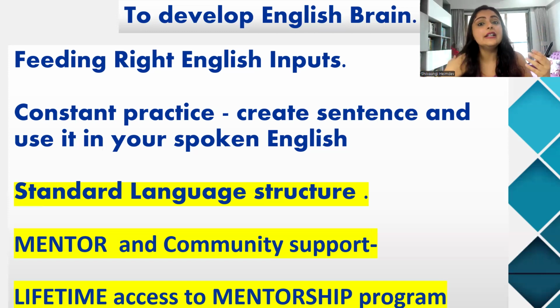But when it comes to English, your brain is not an English brain. Your brain is not ready for that language. Your brain is not able to create sentences flawlessly. And because your brain is not creating sentences, that's where you're getting stuck. That's where you have this fluency issue, that, oh, how should I say this? Because your brain is not ready to create sentences.